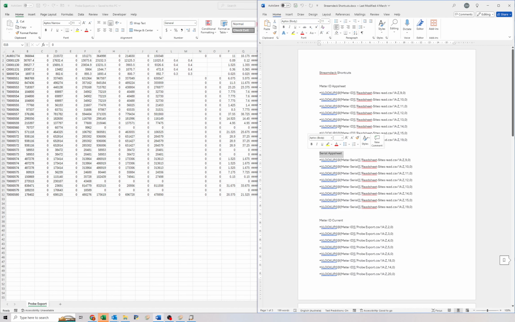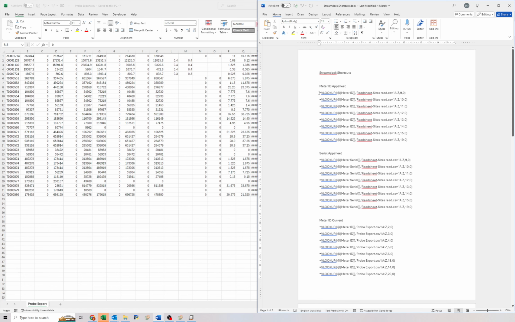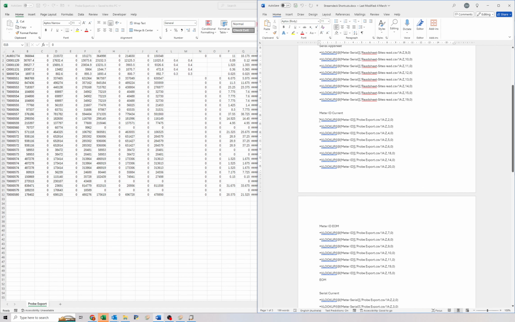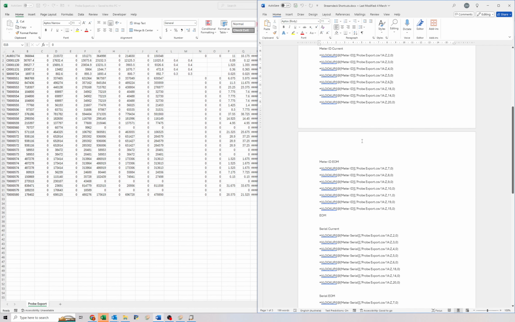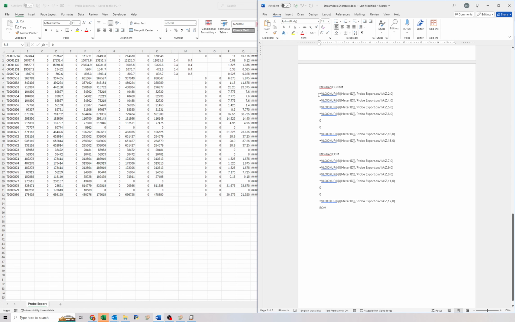Okay, you can see here, so I've kind of written them down. But basically, when you do a probe export, this is what spits out. When you click on the Stream Deck, this is what it spits out. So you can see our VLOOKUP here. This is for app sheet, so look in meter ID. So when we're just doing the meter ID, like a normal one, you see it's using column 2, column 3, 4, 5, 6, and so on. So when it's using the end of month data, it goes 7, 8, 9, 10, and so on. Now when we're using the M cubed stuff, instead of going 2, 3, 4, we're going 2,